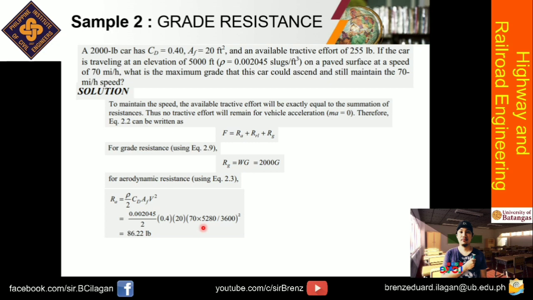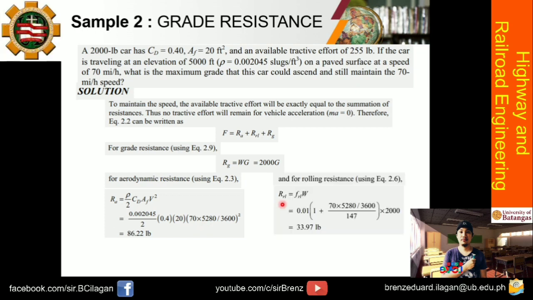And for rolling resistance, we are going to use equation 2.2. So that is R sub RL equals f sub RL multiplied by W. Or it can be written also, so isn't it that your f sub RL has an equation of this, or 0.0001 multiplied by the quantity of 1 plus 70 times 5280 over 3,600, over 147. So your 5280, you just convert miles into feet. Your hours, that is why there is 3,600, you convert into seconds. Okay, so the answer is